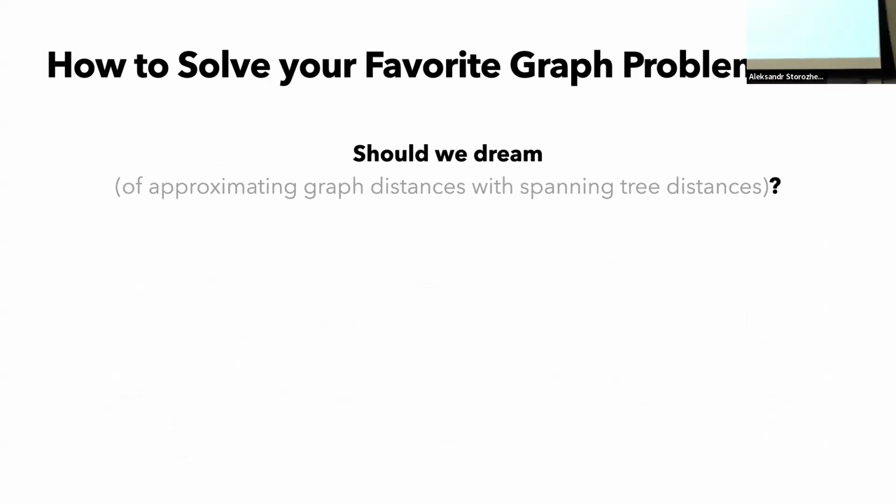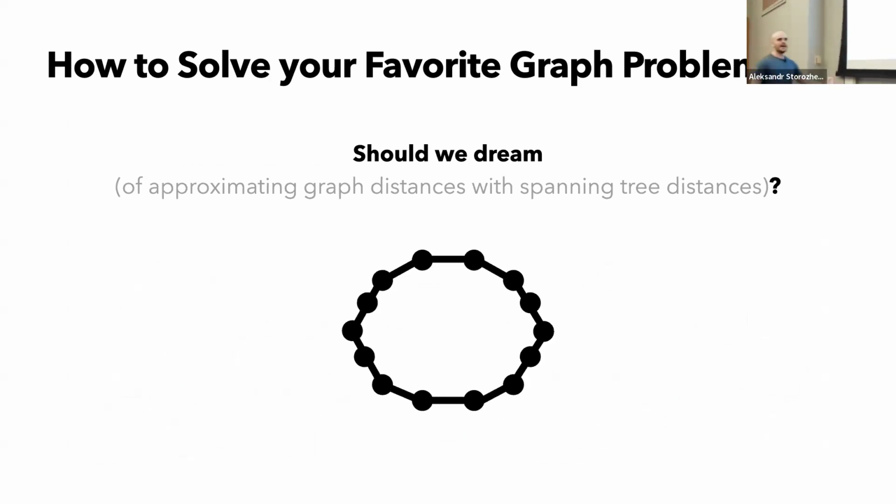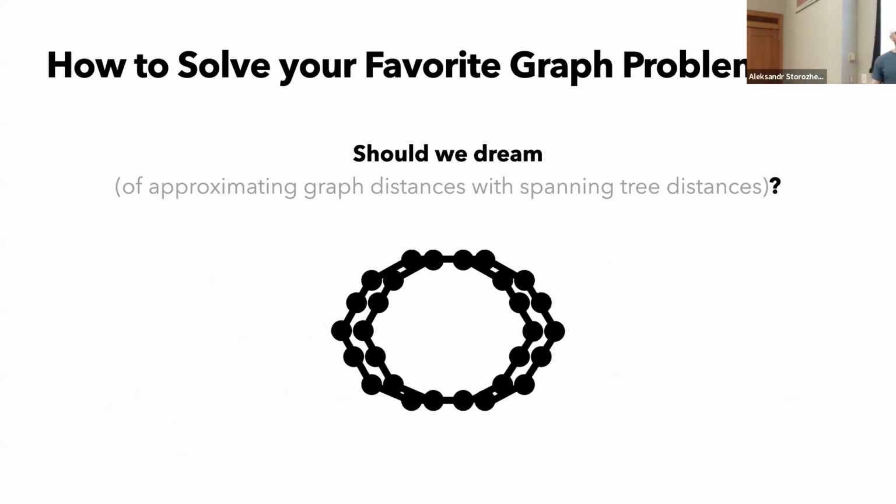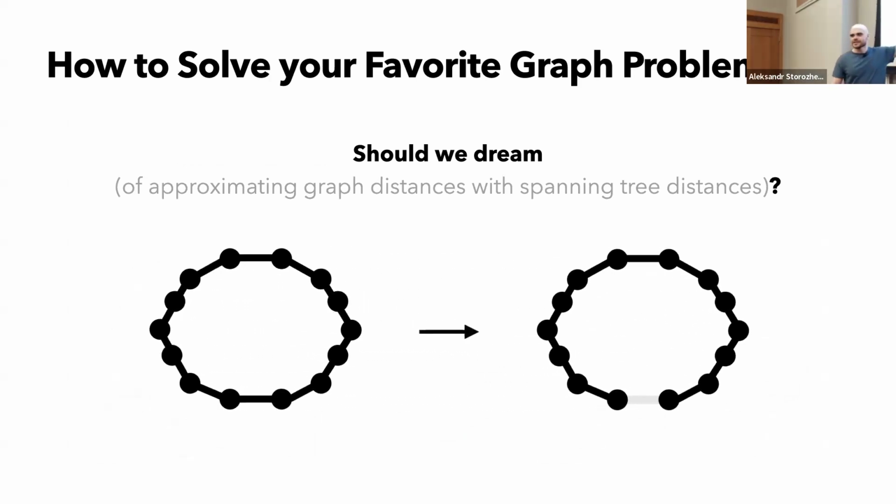And if you thought about this for, I don't know, more than 5 minutes, you very quickly realize that things look pretty bad for this goal. Namely, imagine I give you just a cycle where every edge has weight 1. And now I'd like to approximate distances in the cycle with a spanning tree of the cycle. So of course, any such spanning tree is just going to leave some edge out, without loss of generality this one. But now, if you look at the two vertices that were on either side